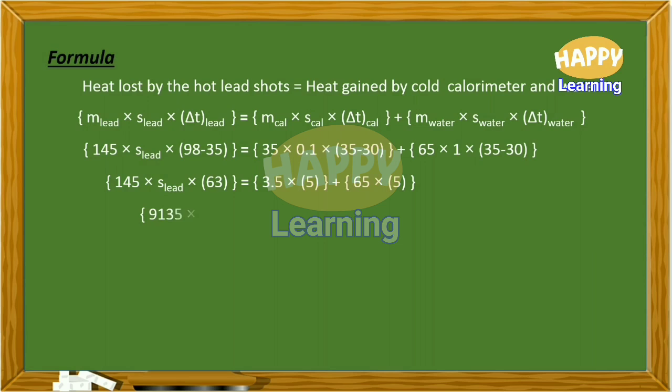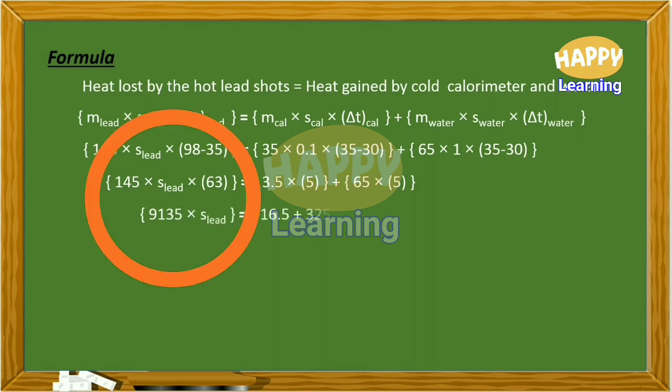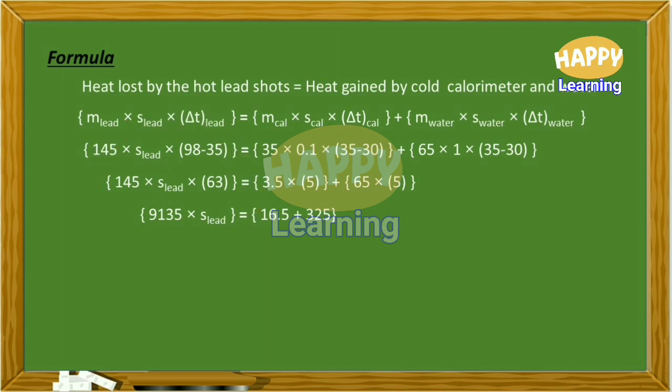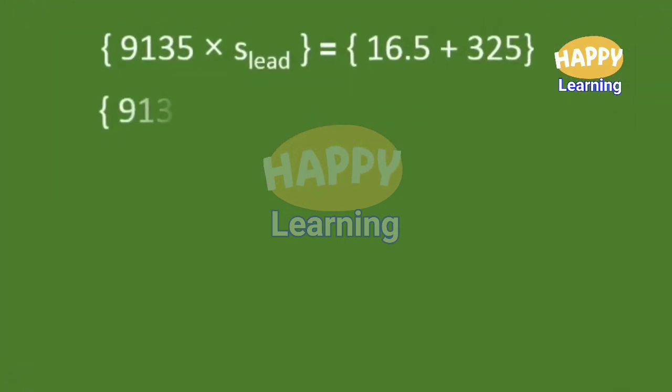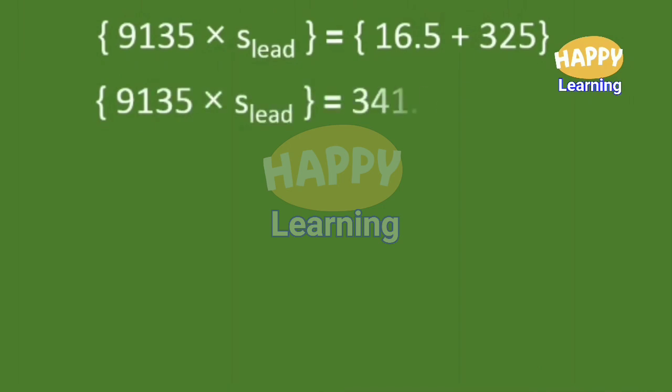Then on further simplification, 145 into 63 becomes 9135 into S lead is equal to 17.5, that is 3.5 into 5, plus 65 into 5 becomes 325. On further simplification, 9135 into S lead is equal to 341.5. So S lead is equal to